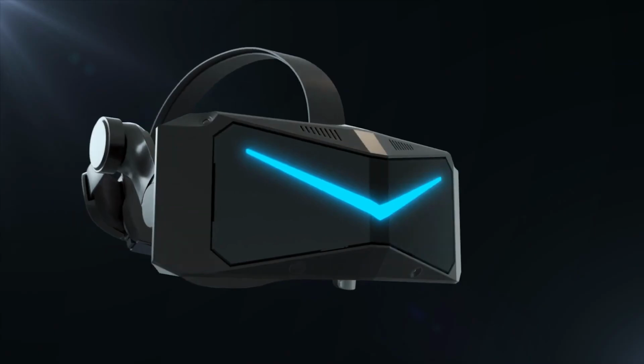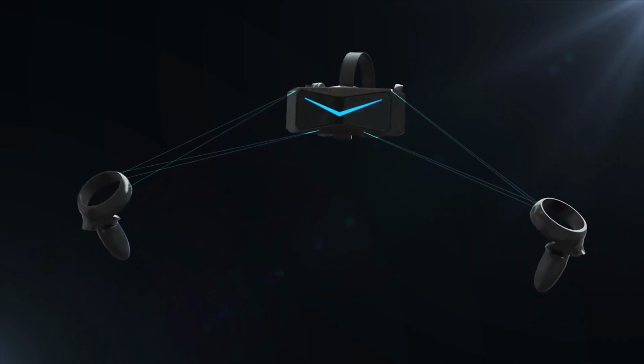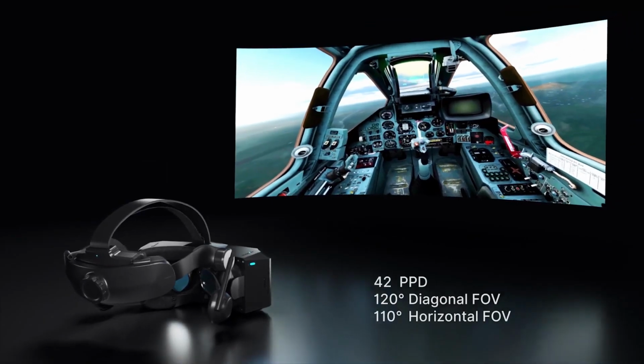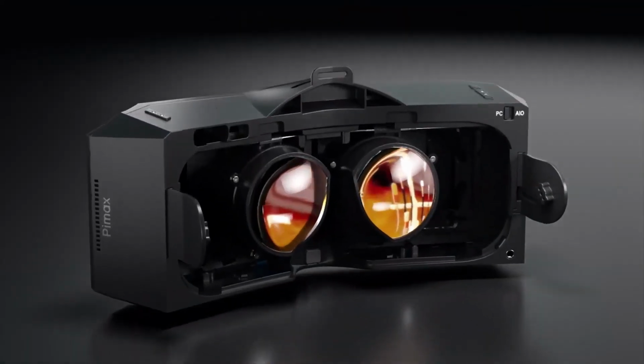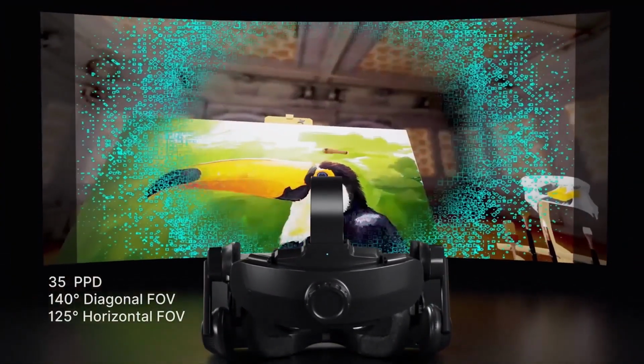The Pimax Crystal launched this year, and some people are starting to get their units. It's too early to say how good the headset is yet, but it boasts the highest resolution consumer headset yet, with 5760 by 2880 pixels, using mini LED panels that have local dimming, allowing for deeper blacks and colours. Unlike other Pimax headsets, this one isn't pushing the boundaries of field of view, with a similar field of view